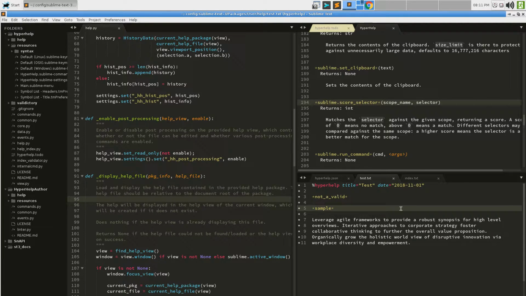So what we're going to try to do is create our own color scheme for use in the help system, because if we create our own color scheme, we're in control of the scopes and we're in control of the colors and all the rules that are matching. Now, in order to make it match with what the user's already using, we need to base our color scheme on an existing color scheme. You can't just pull colors out of thin air. I mean, you can. As a programmer, I am absolutely terrible at coming up with something that looks good in a visual medium like that. So I certainly wouldn't do that.